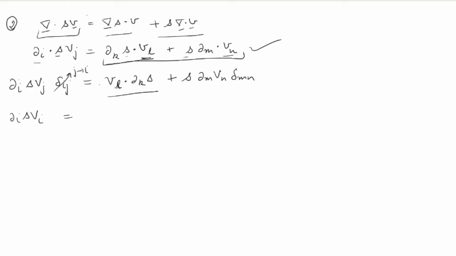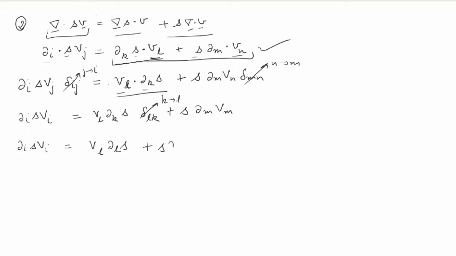So now I will do dot between these two vectors, so this will become VL del K S Kronecker delta LK plus S del M. So I will replace N with M, it will become del M Vm. Del I S Vi is equal to VL del L, because I am replacing K with L, S